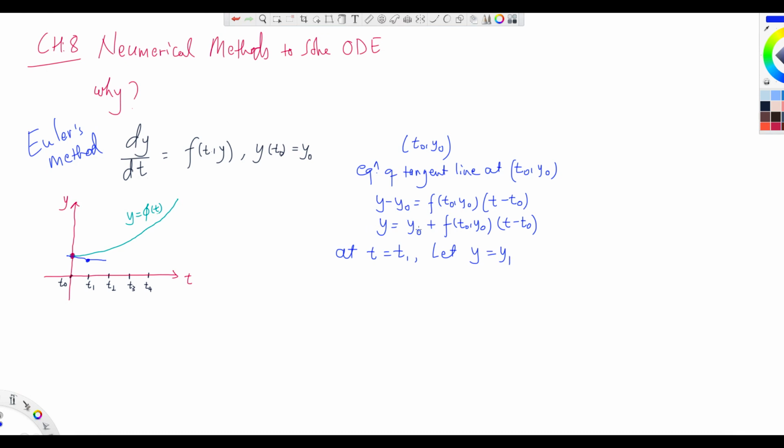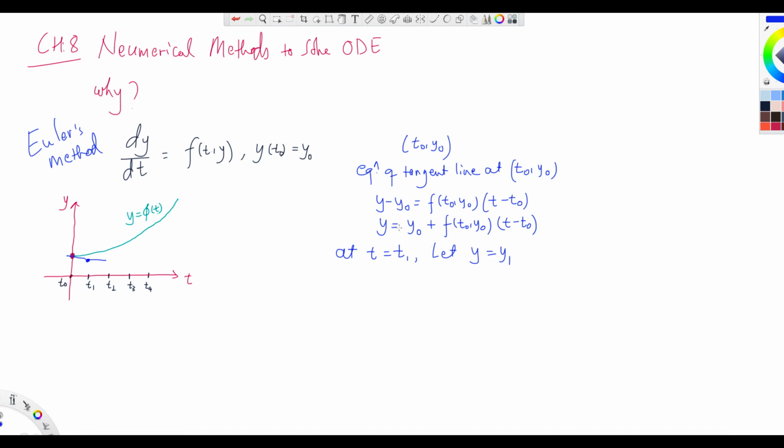I use that tangent line to approximate the height of the solution. We don't know the equation of this solution. What we do is we approximate at each point t1, t2, t3, t4. We will approximate the height of the solution using the tangent line,